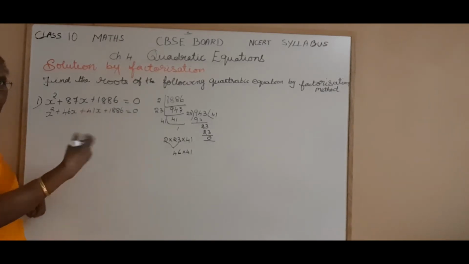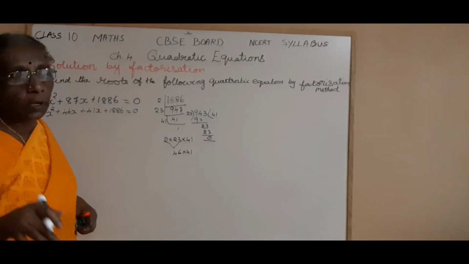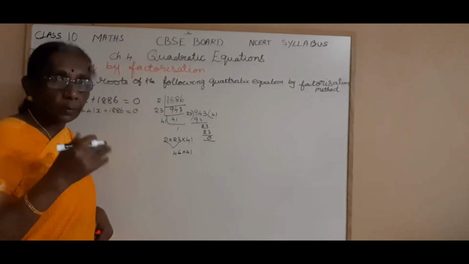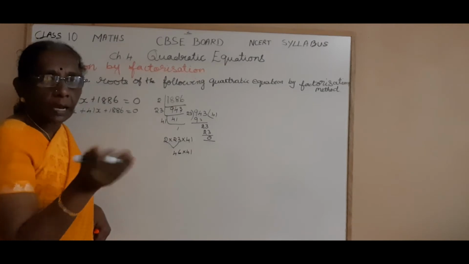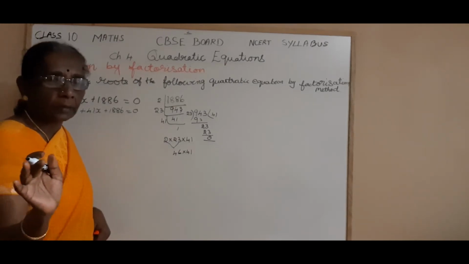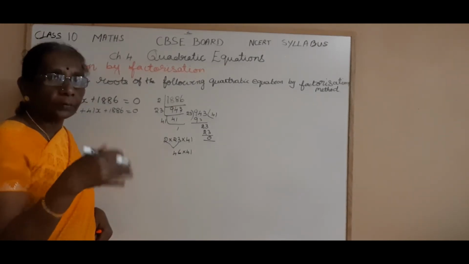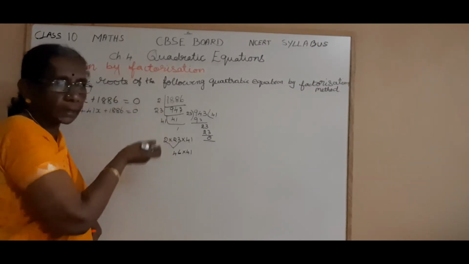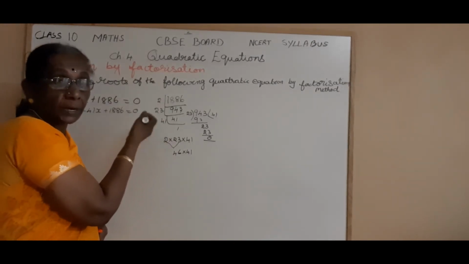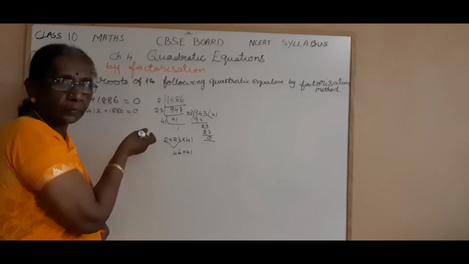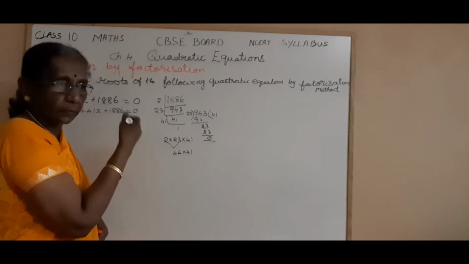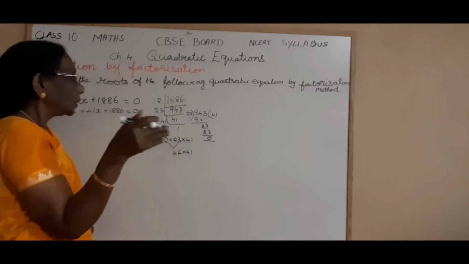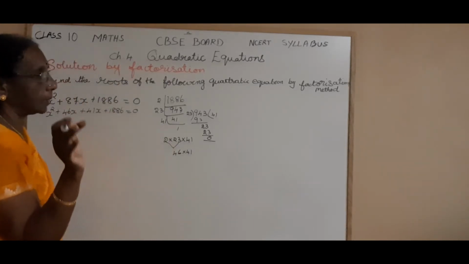Children, here we are getting that. But one thing, what should you know? You should know the prime numbers. Then only it will be easy for you to check with the next prime numbers. If you don't know the prime numbers, you will find it very difficult. So it is within 3 steps we are getting the factors. We are getting the split ups of the middle term, isn't it? But if you don't know the prime numbers, you will be trying with other numbers. So you should be thorough with the prime numbers.